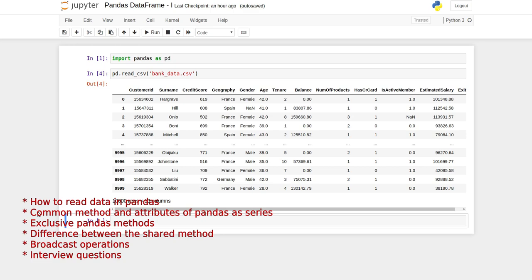In this video, we will cover or start our journey to learn pandas data frame. So in this topic, I'll cover how to read pandas data frame and common methods which are shared between series and pandas data frame, and exclusive methods of pandas data frame, the difference between the shared methods, like some methods, how we perform them in series and how we can manipulate them in data frame, and at last we will cover the broadcast operations on pandas data frame.